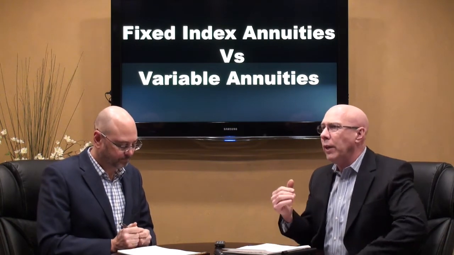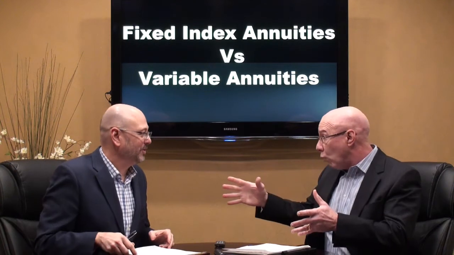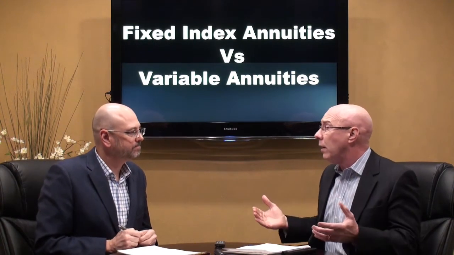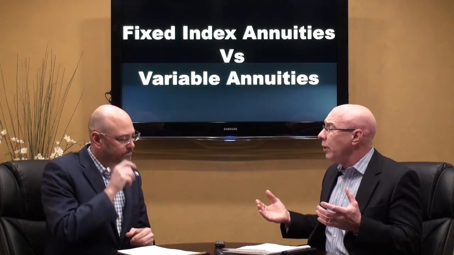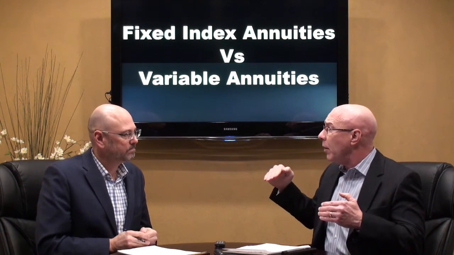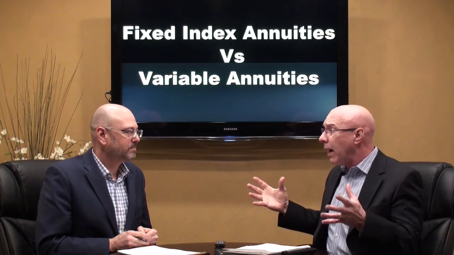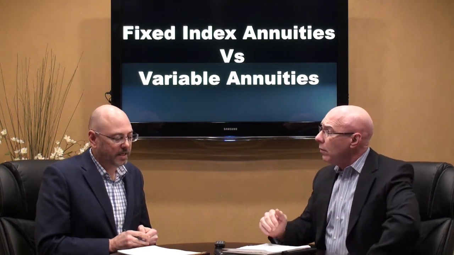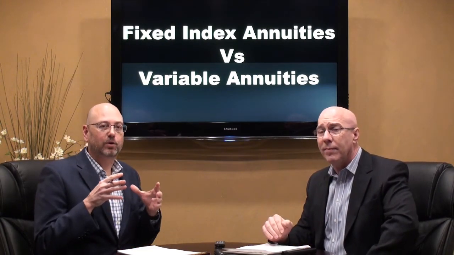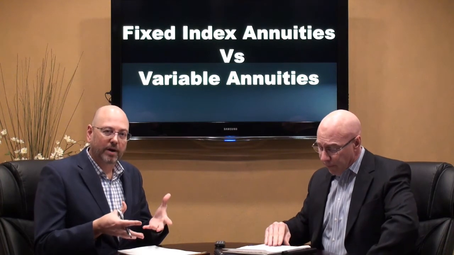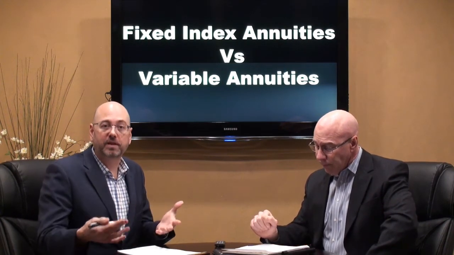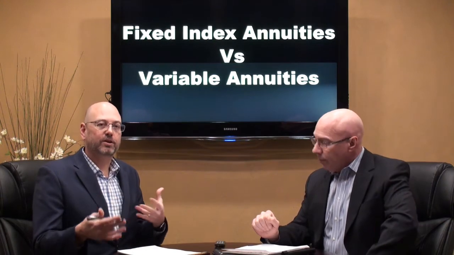Yeah, I think that as we talk about that unlimited upside, we have to always balance that with the unlimited downside, with the caveat there of depending on which variable. And the higher fees when you're going down in a variable annuity, if you're in a down period, those high fees really magnify and exaggerate your losses. And I would often say that if you're looking at a variable, that's where that rider comes into play, and you're paying an additional fee even for the rider, but that's what's protecting your lifetime income.